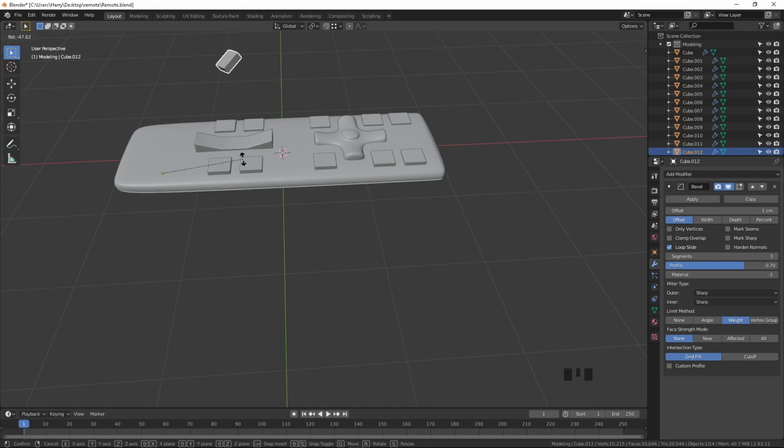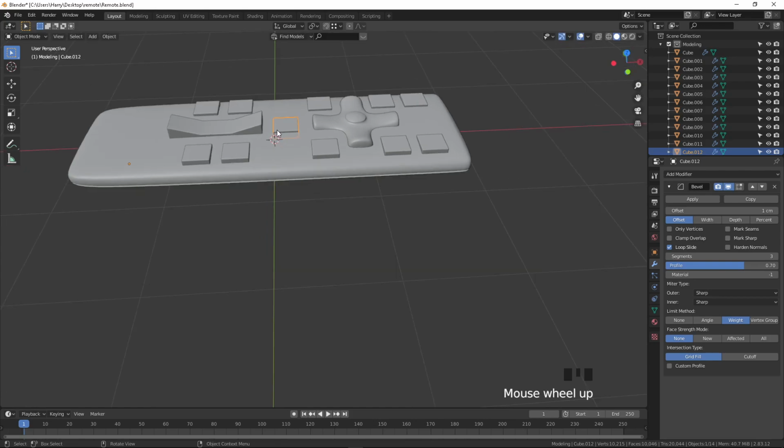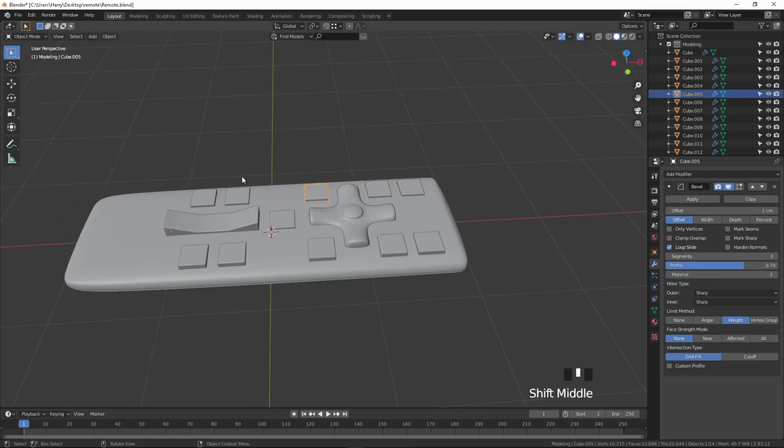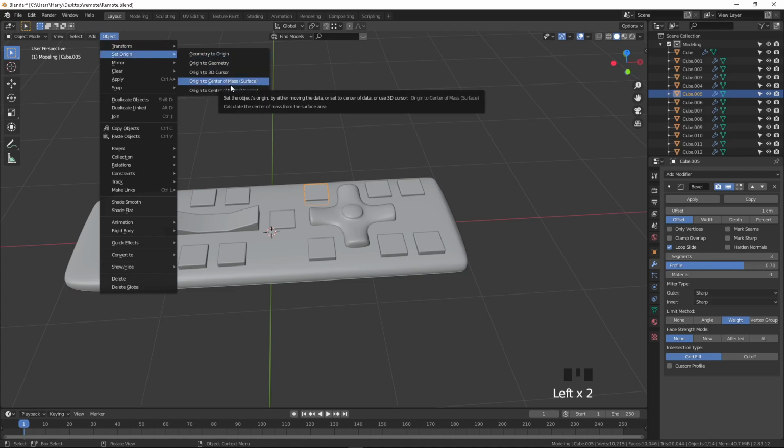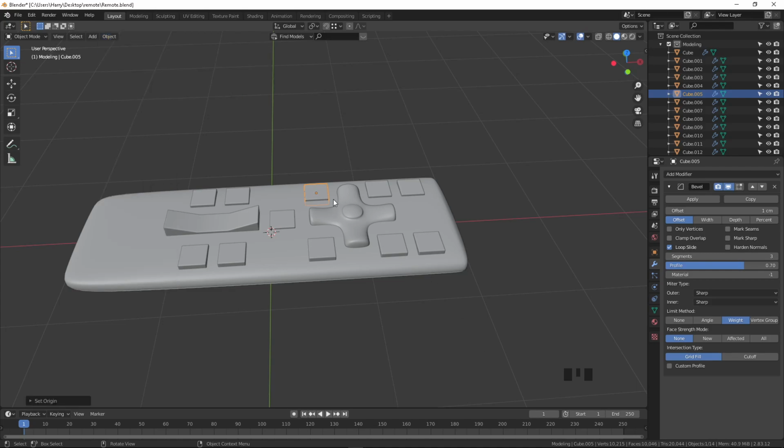Actually I want to rotate it in the middle of the object. So that is what the origin does. Now I select this one, and this also you can see is rotating wrongly. So select this one and go to Object, Set Origin, and Origin to Center of Mass. Now we can see the orange pivot point, the origin, has come into the center of the object. Now I press R and rotate. Now we can see it's rotating properly. Now for example I rotate in the Y axis, you can see it's rotating fine.